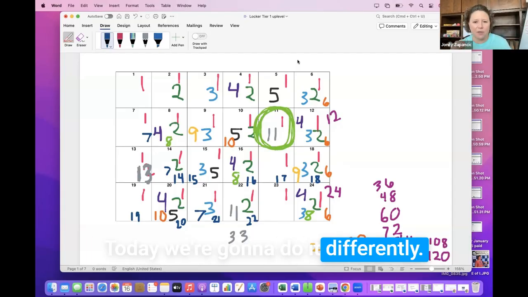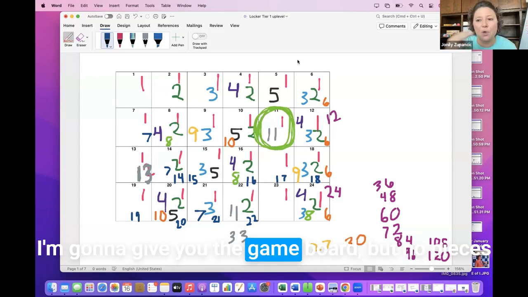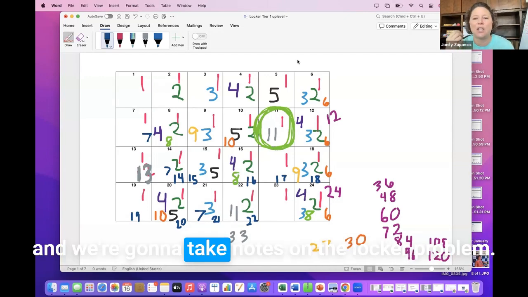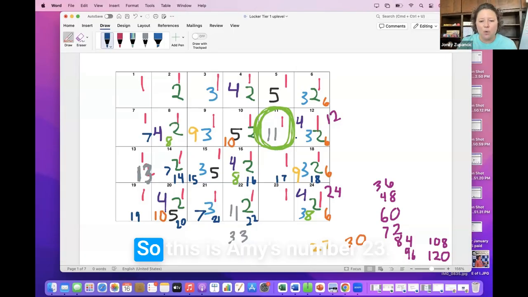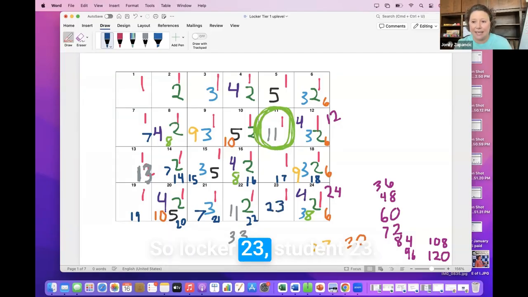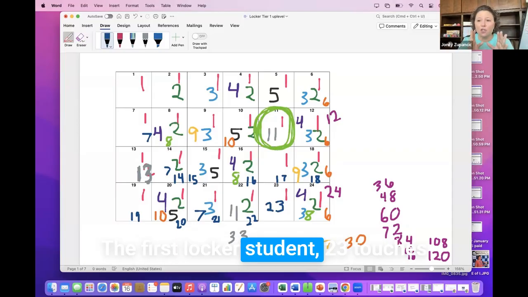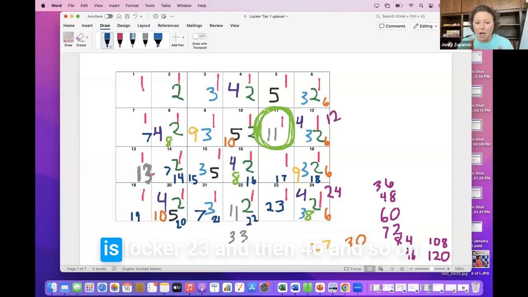Today, we're going to do it differently. I'm going to give you the game board, but no pieces. And we're going to take notes on the locker problem. So this is Amy's number, 23. Locker 23, student 23, the first locker student 23 touches is locker 23, and then 46 and so on.